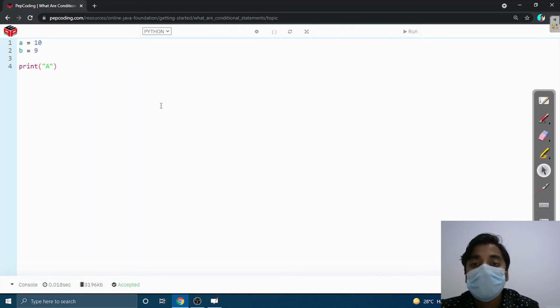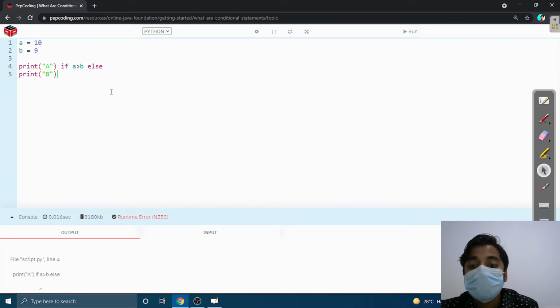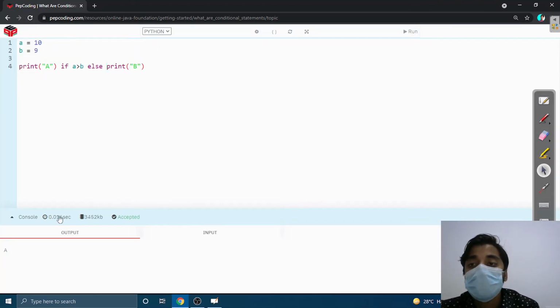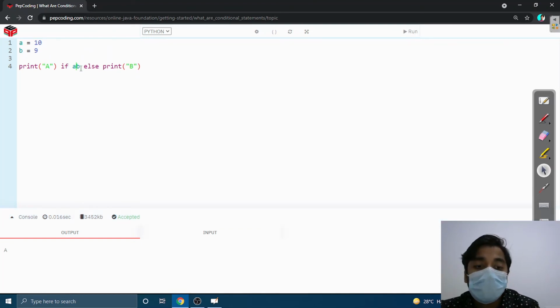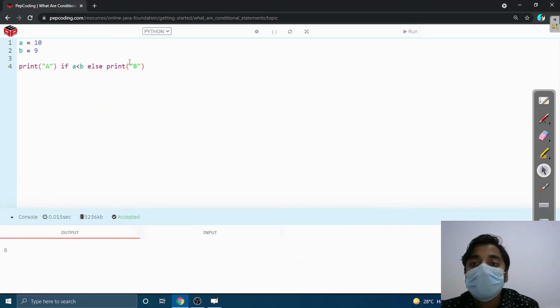We are printing the statement first, then we are checking the condition: if a is greater than b, else print b. Here this should be in one line. Let's run this. It is printing a, because a is greater than b. If I write a is less than b, the condition is false, so it is printing b. So this is another type of condition.